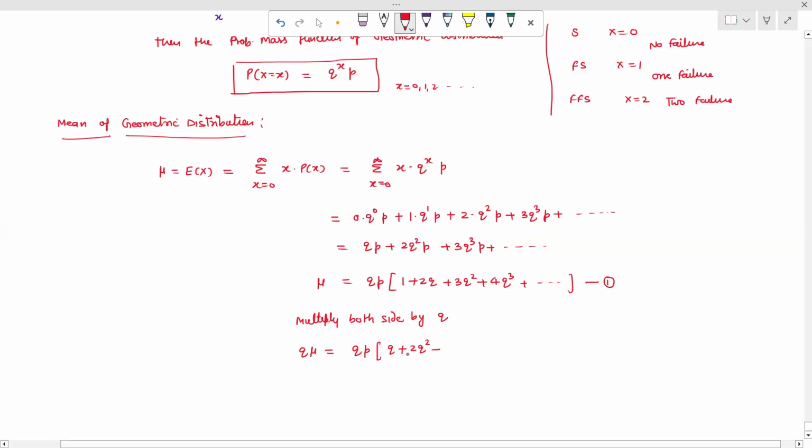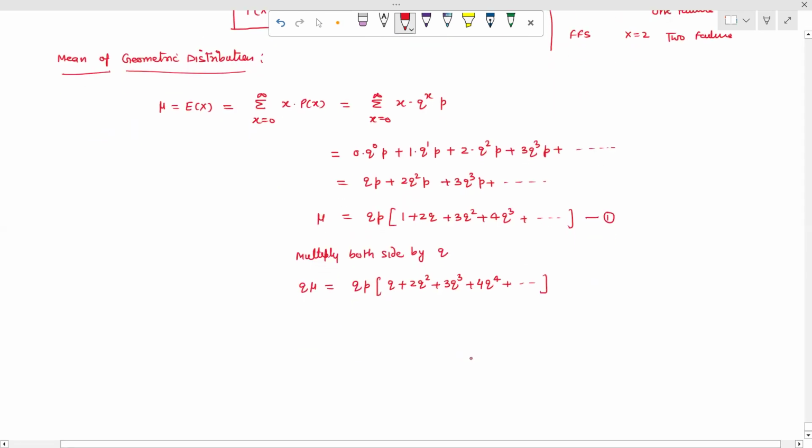This gives us 2q squared plus 3q raised to the power 3 plus 4q raised to the power 4 plus and so on. Now, after multiplication, we give this as equation number 2. Now, on subtracting, we do 1 minus 2. So when we do 1 minus 2, this can be written as mu minus q mu is equal to,